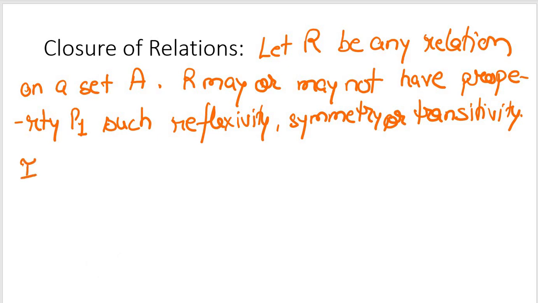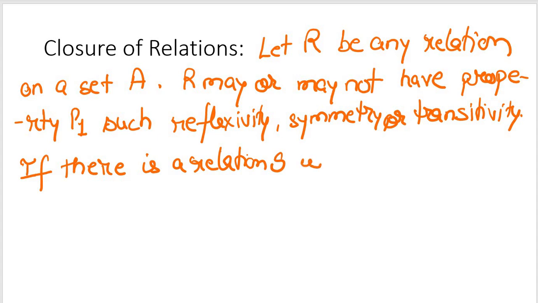So if there is a relation S with property P such that